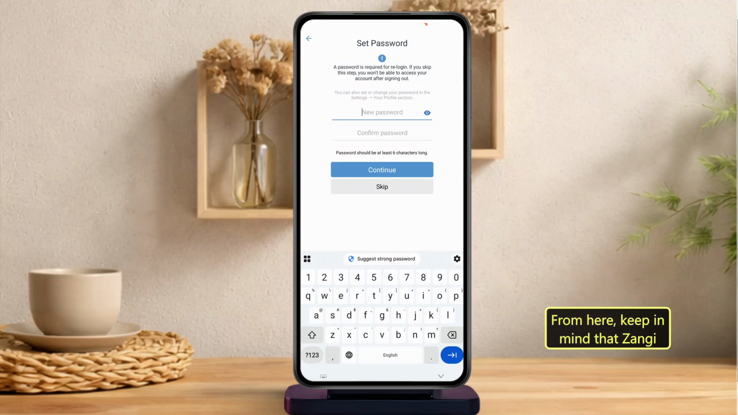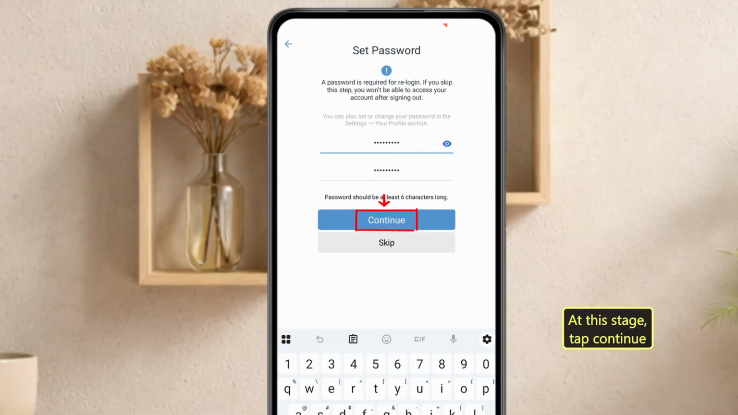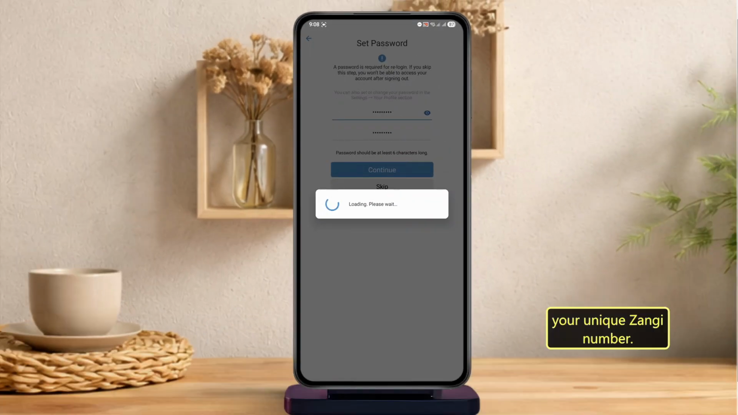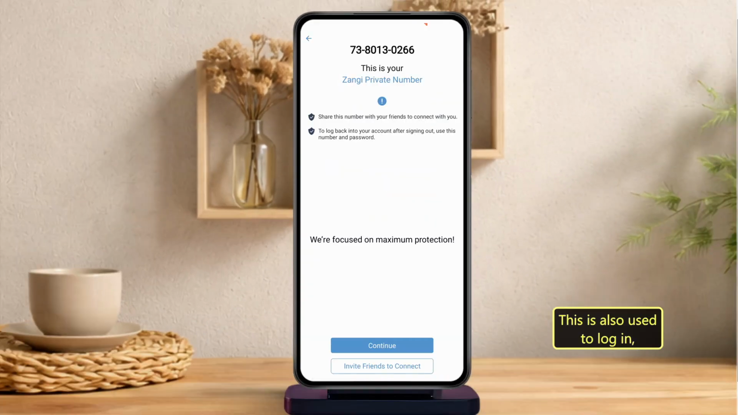From here, keep in mind that Zangi does not collect identity information, so there is no password reset option. If you forget your password, you will permanently lose access to your account, so make sure to memorize it. At this stage, tap Continue, and you'll be shown your unique Zangi number. This is also used to log in, so make sure to save it somewhere safe, as it cannot be restored